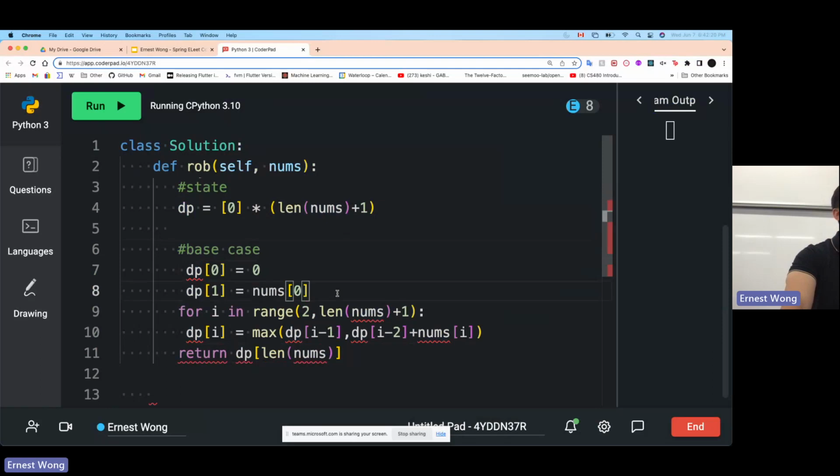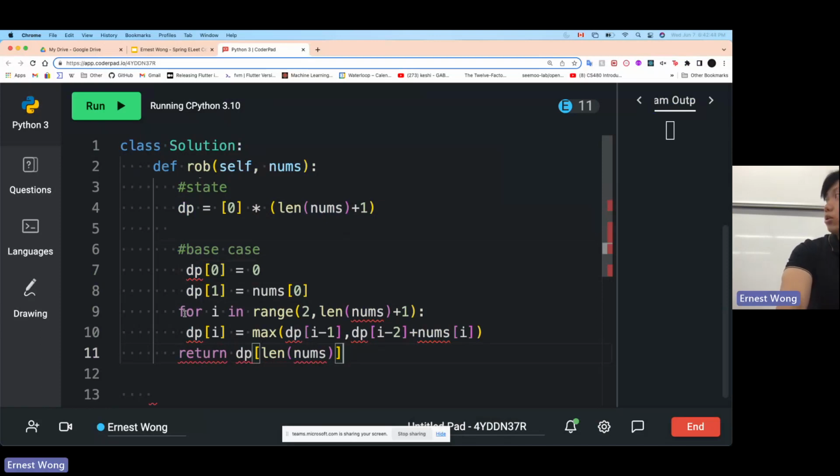You mentioned something about top down and bottom up. So how do you tell the difference between the two approaches? Honestly, it's usually personal preference. Bottom up is when you go from the base case and use a for loop or any other form of iteration, so that might be a while loop, to build up the cases until you have your desired answer.